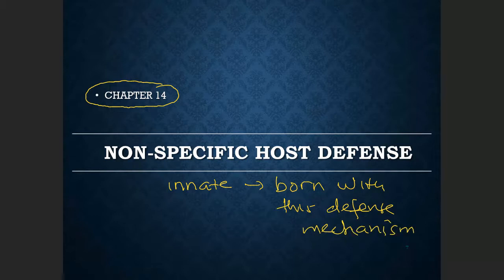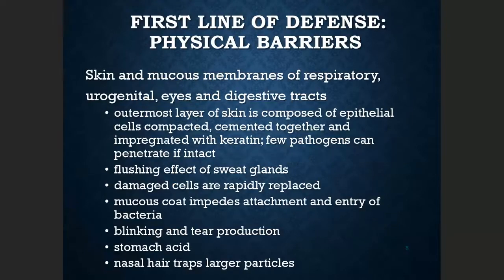Okay, so the non-specific defense mechanism is also known as innate defense mechanism. Again, it consists of three types. The first one is called the first line of defense. It consists of physical barriers. We actually have a lot of examples of physical barriers, the first lines of defense. This is the action that will protect us against the entrance of disease.